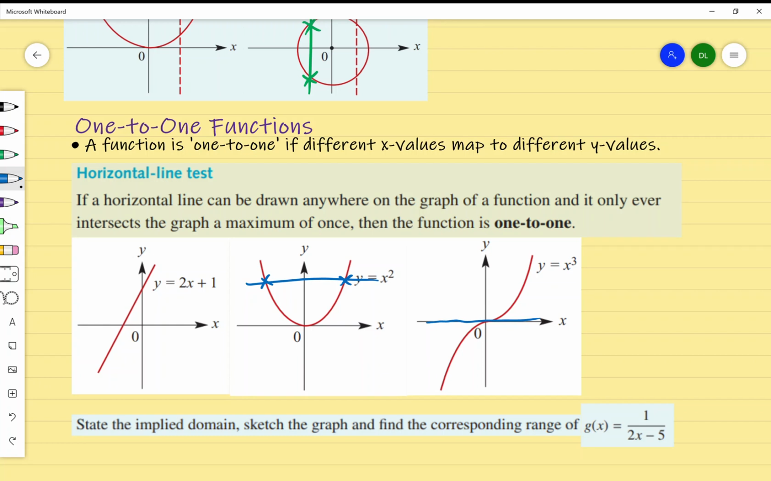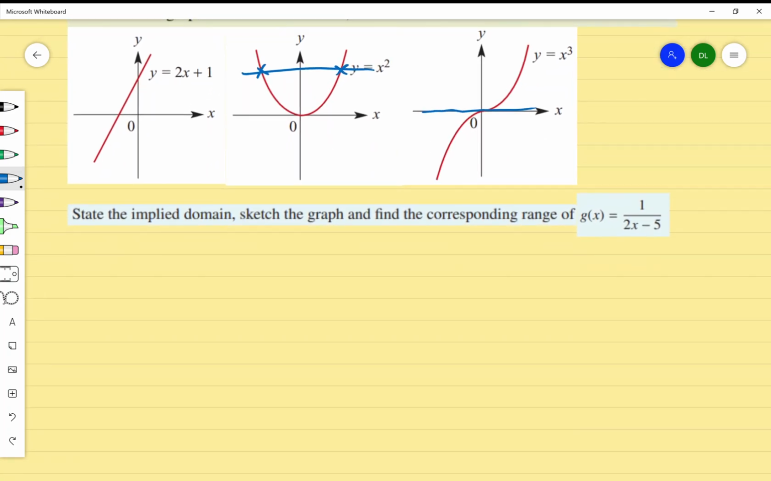It means it flattens out at a certain point and comes back up, which means there's still only one intersect. Now, ultimately, all this culminates to trying to draw a graph, understand the idea of those graphs and where there are certain restricted domains. Hopefully, remember the implied domain concept from before. So we have to state the implied domain or the maximal domain, sketch the graph, and find the corresponding range